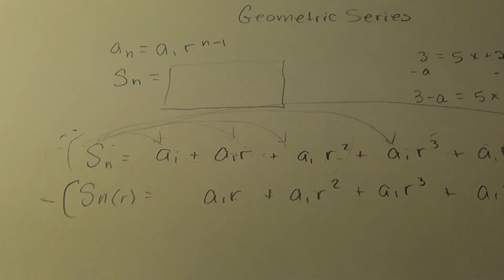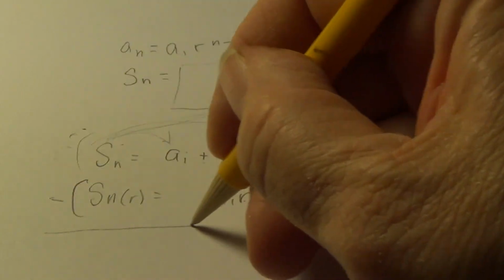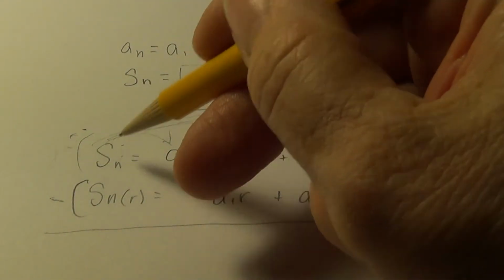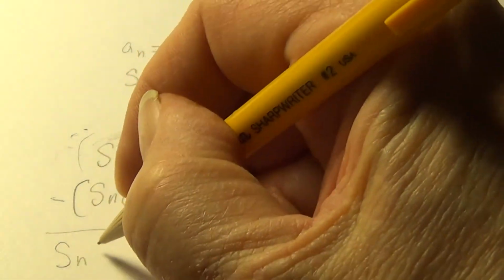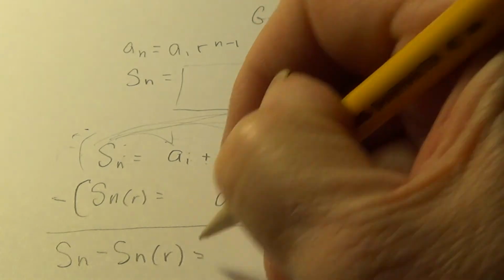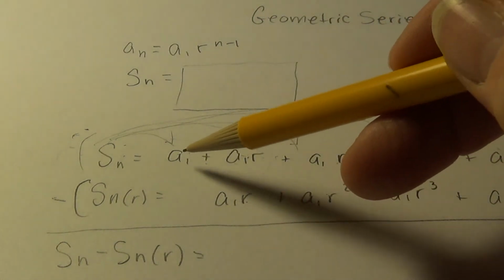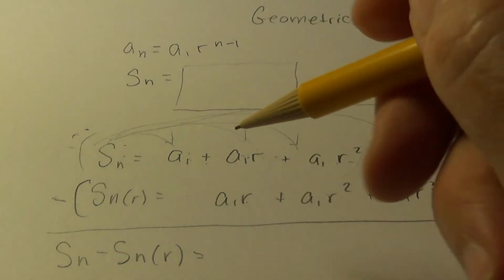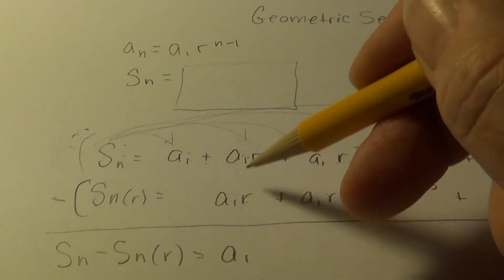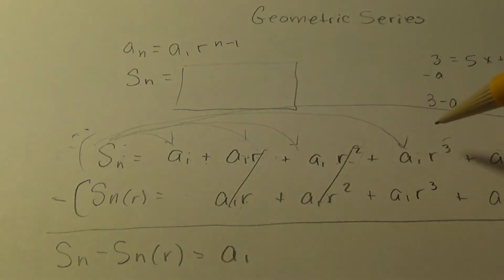When I do that, which I am allowed to do algebraically, that is sound, I'm going to get s sub n on the left minus s sub n times r equals. But look, this a sub 1 minus nothing that matches that is just a sub 1. But this subtract that, this subtract that,